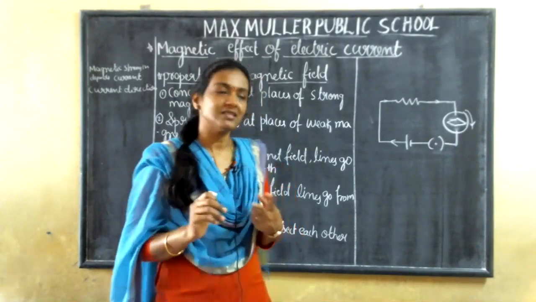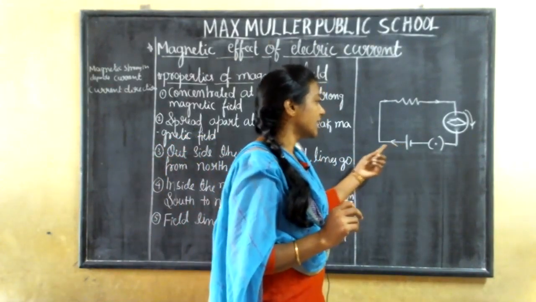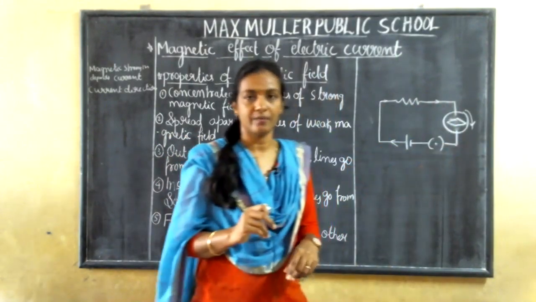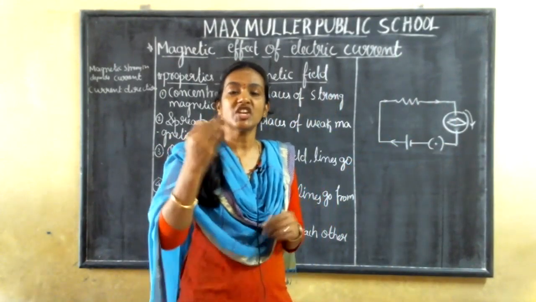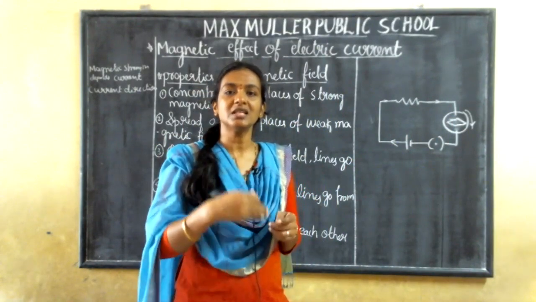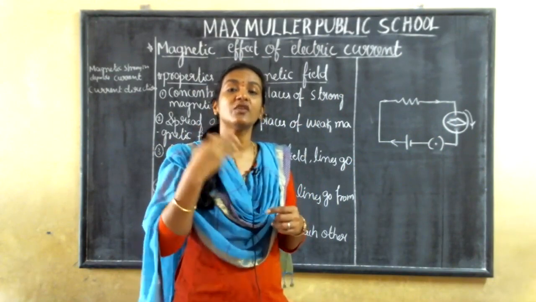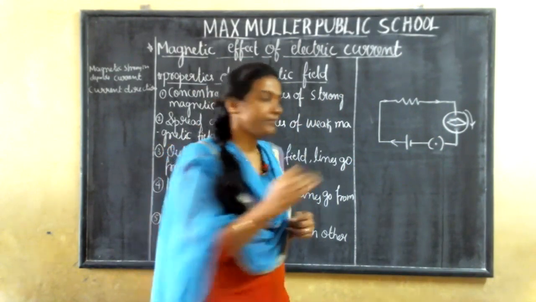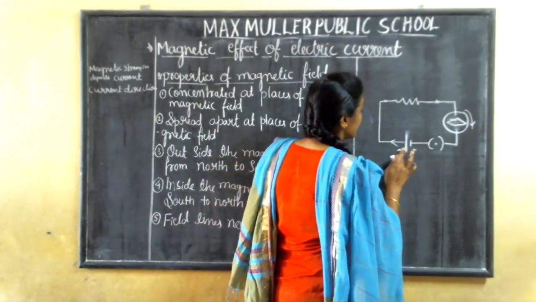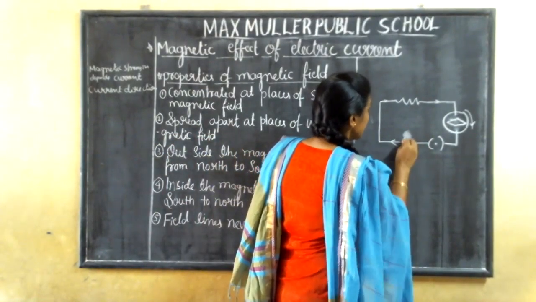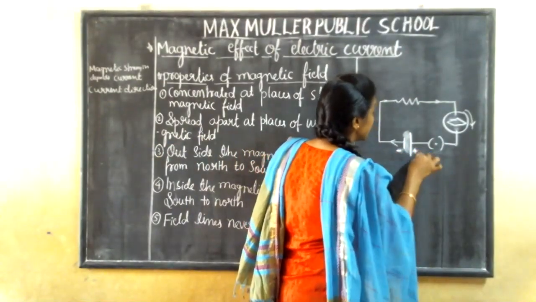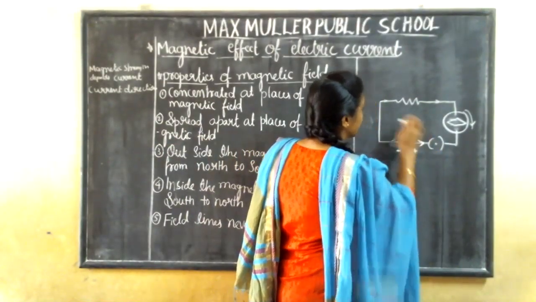The second point is here. Think that the current is flowing in this direction. The second time, he changed the direction of the current, to see whether the direction of the magnetic field also changes or not. If this is plus now, we all know this, right? So here he changed the direction of the current. Now it will become a minus, and this is the plus.